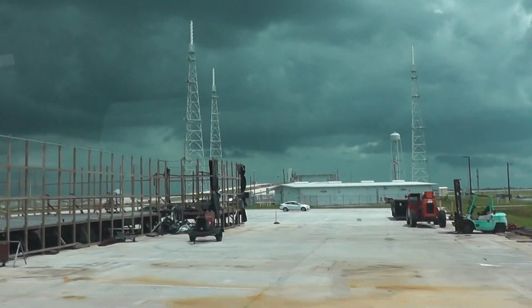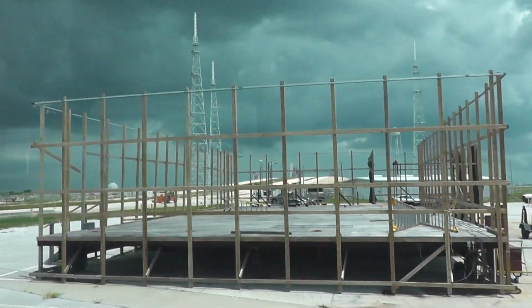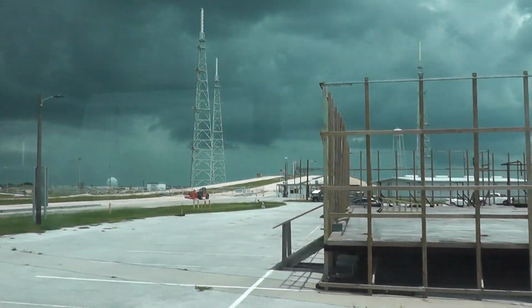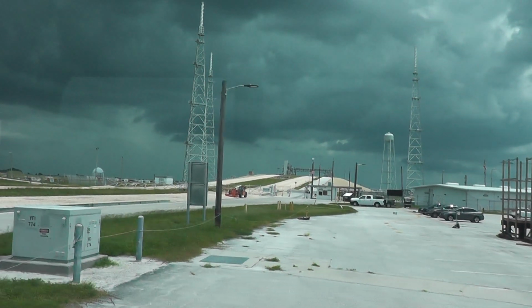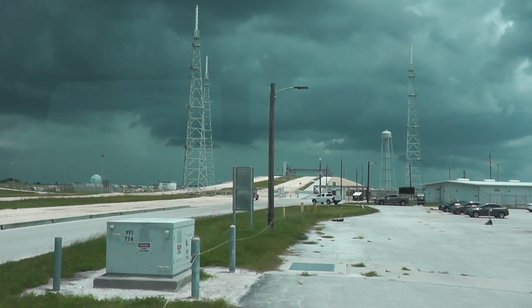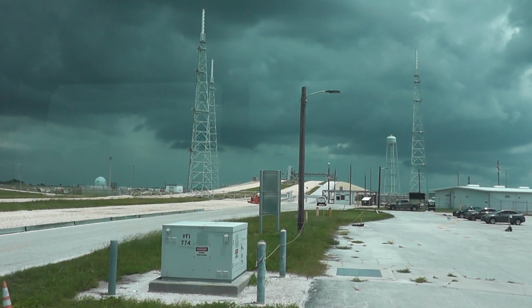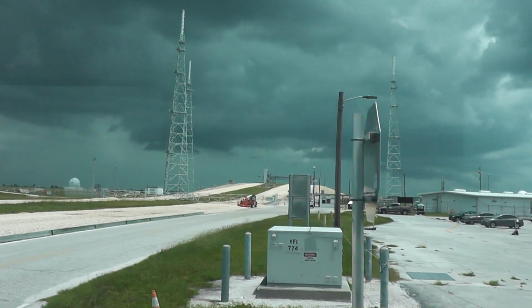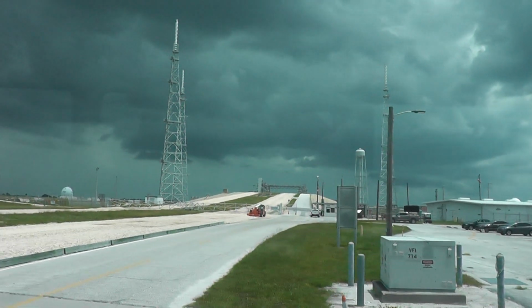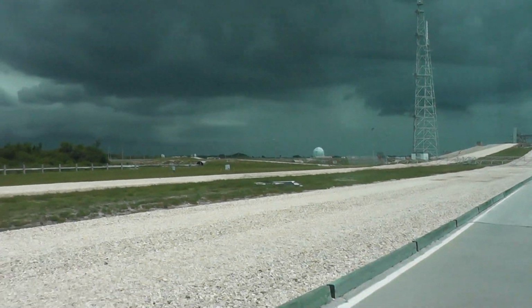Pad B's a little higher in elevation by a couple of feet, a little farther by roadway compared to Pad A. This is a 7 to 8 hour ride here, 4.2 miles, 6.8 kilometers. We always went to Pad A because it's closer, it's 5 to 6 hours, 3.4 miles, 5.5 kilometers. Time and money, we all know that. What are these big objects on your left? Those are actually...